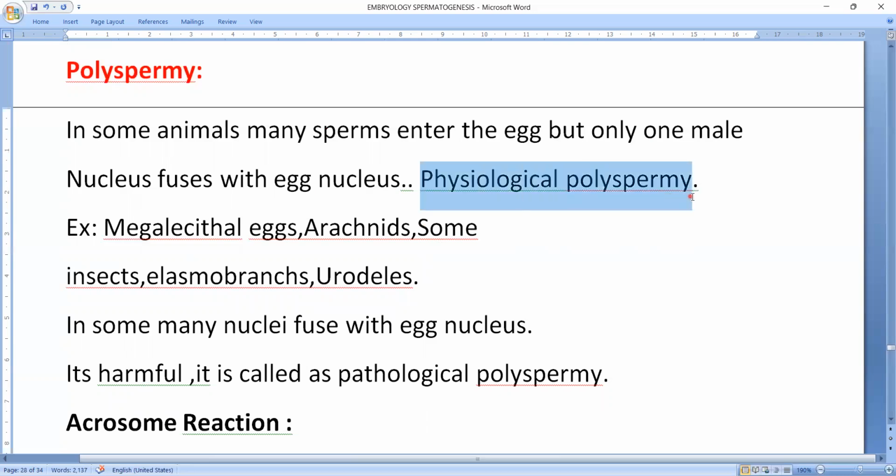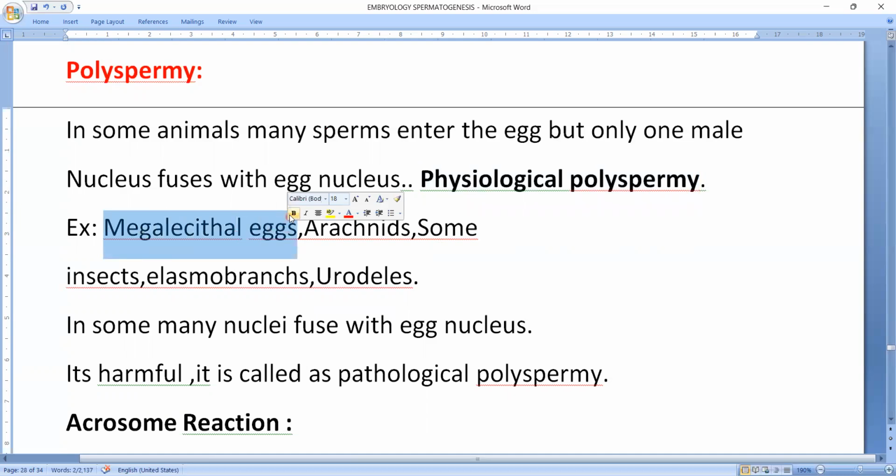That is called physiological polyspermy. Example, birds, insects,